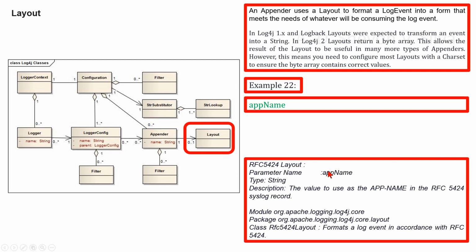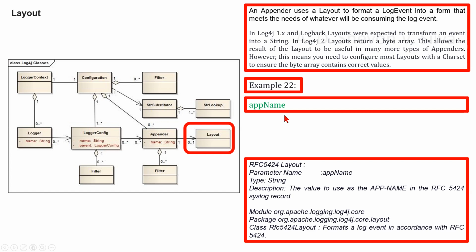Now we are considering RFC 5424 layout. Here the class RFC5424Layout in package org.apache.logging.log4j.core.layout in module org.apache.logging.log4j.core formats the log event in accordance with RFC 5424. This is the parameter name,